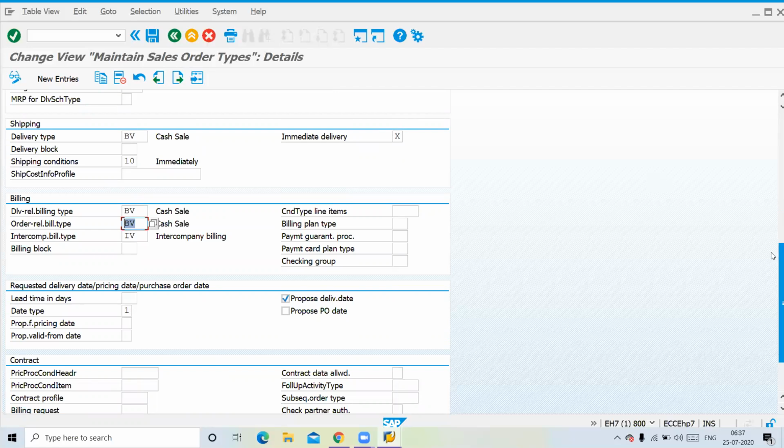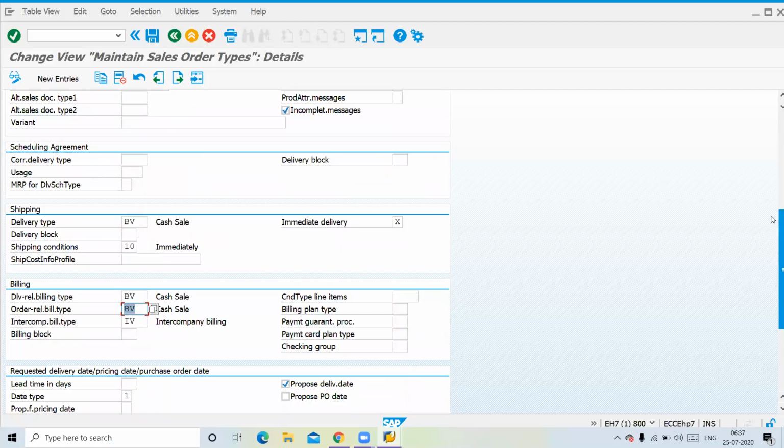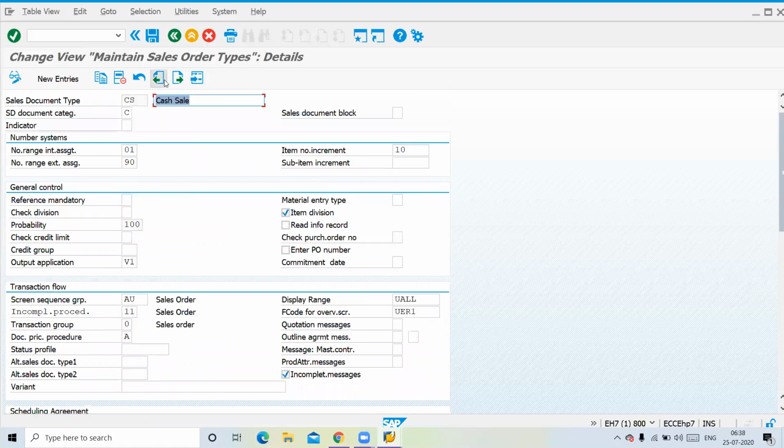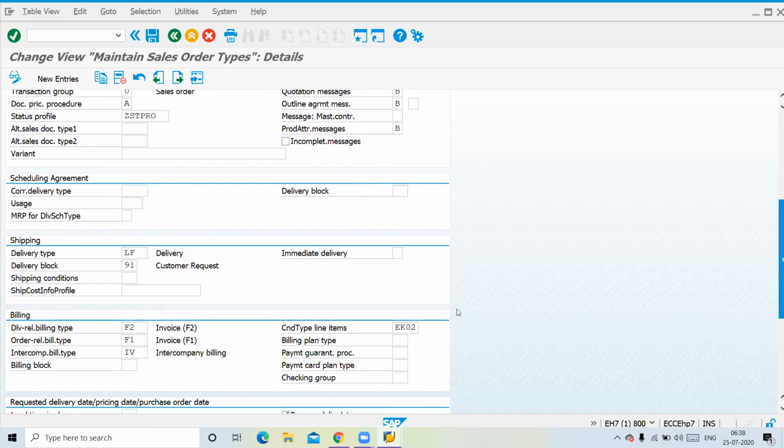And one more key observation. If you see your shipping condition, it always says immediately, that day itself you have to do the delivery. Whereas if you talk about order, I can choose any one of the shipping conditions. So maybe I didn't choose anything here, so I can choose anything.